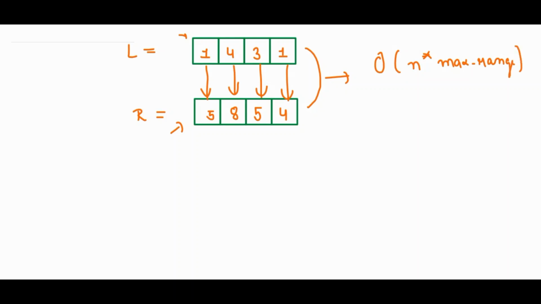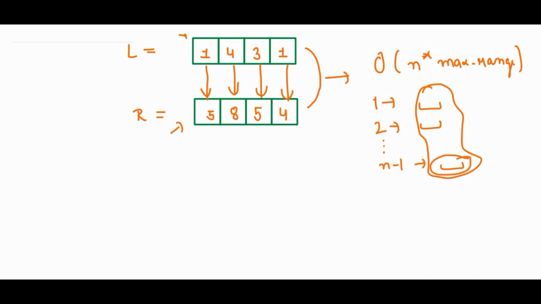So what does that mean? So if for the first range I have to travel some elements, then for the second range I have to travel some elements, same way till n, right? Till the n minus 1 range I have to travel some elements. So the sum of all these elements we cannot calculate, right? But we can know the maximum range of the element that we are traveling. Okay. So this is that maximum range, and this will be our time complexity, and our space complexity will be big O of n as well, because we are using a hash map which can contain maximum n elements.